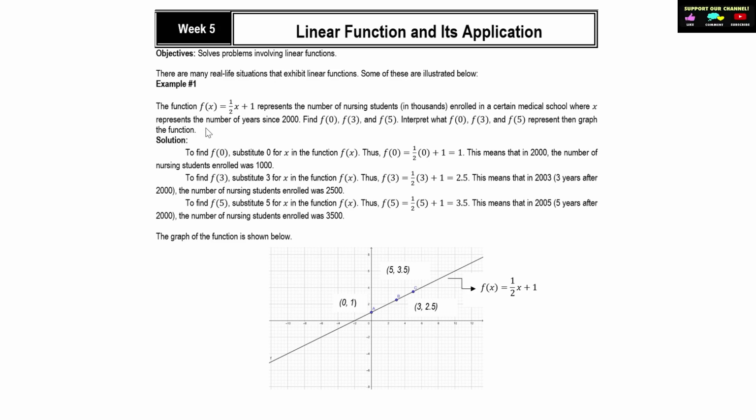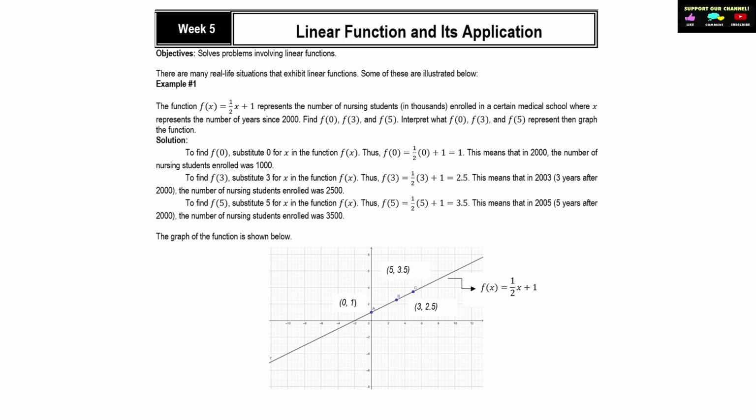Example number 1. The function f of x equals 1 half x plus 1 represents the number of nursing students in terms of thousands enrolled in a certain medical school where x represents the number of years since 2000. Find f of 0, f of 3, and f of 5. Then interpret what f of 0, f of 3, and f of 5 represent. Then graph the function. So the solution for that,